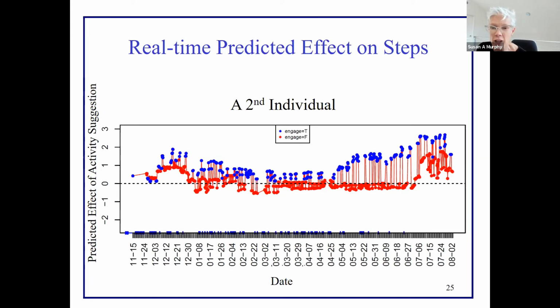And they're colored about whether or not that user had been going into the app and looking at how good their activity was. That's if they're engaged. Engaged equals true means they've been looking at the app. Engaged equals false means they haven't been looking at the app. Notice the blue dots are all much higher than the red dots. So this is someone who, if you're going to bother them, you should bother them more frequently when they're engaged. That's when they're most likely to take advantage of it. And that's what the algorithm started to do.